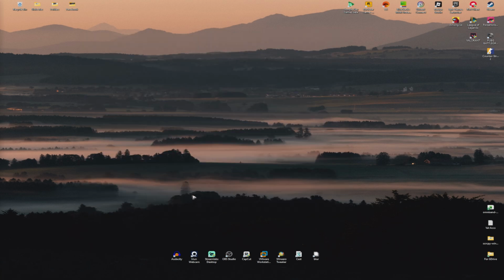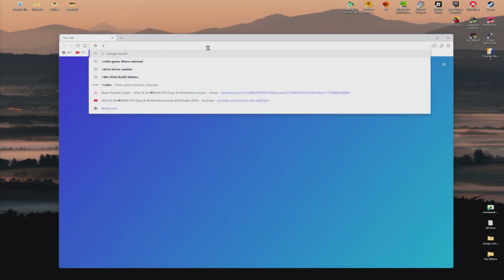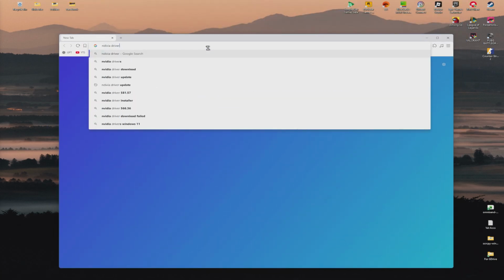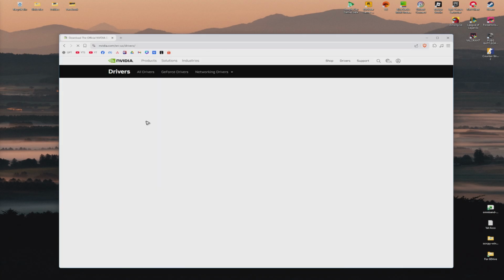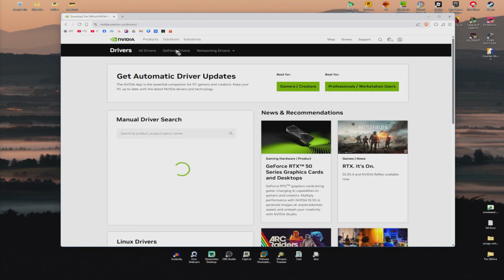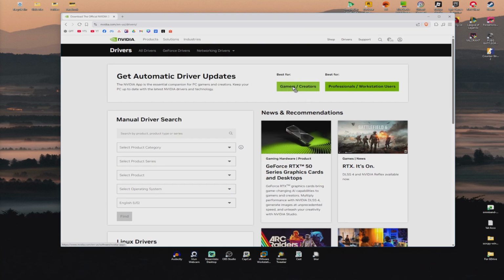Once that's done, open up your favorite browser and search for NVIDIA drivers. Hit enter. In here, download the official NVIDIA drivers from nvidia.com. Here you have the manual driver search, or you can click on gamers or creators right here. Follow the simple prompts, and once done, don't forget to restart your computer. After that, everything should work